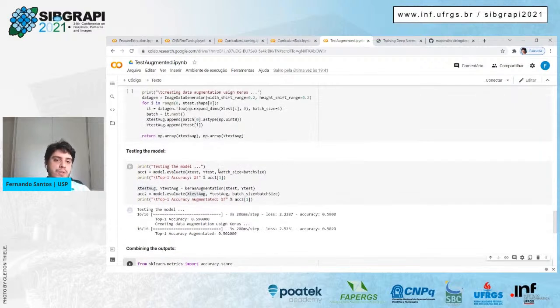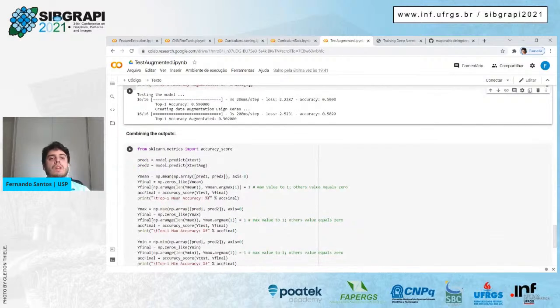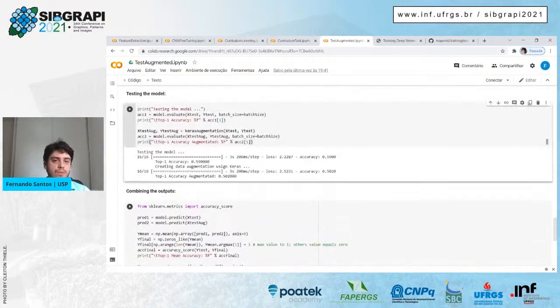Because the original set is the same, only a little variation in the pixels of the image is actually changed, right? So it's very important to see if our model is robust to noise injection, mainly because